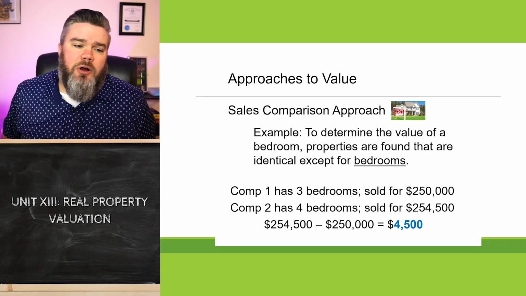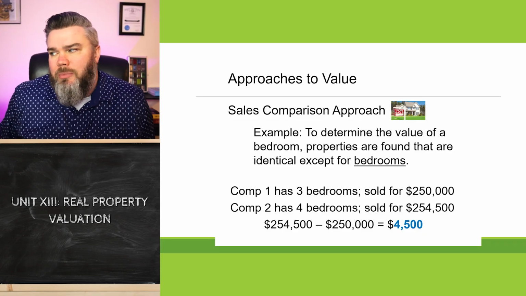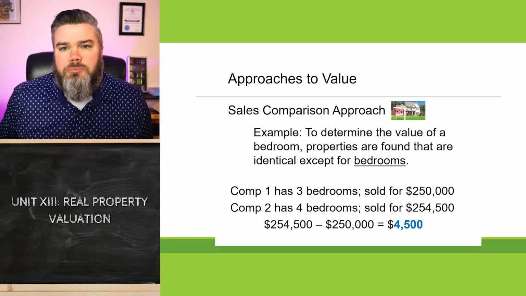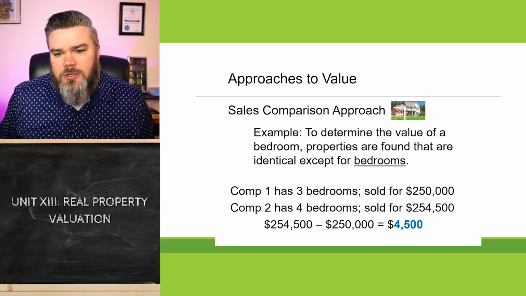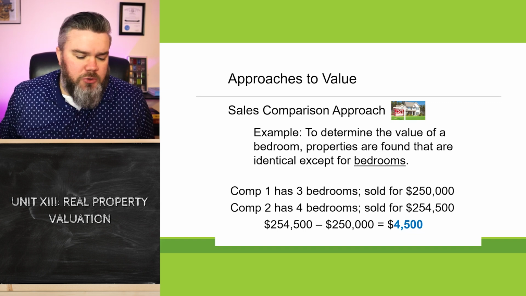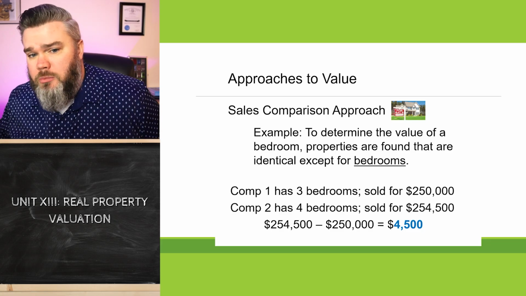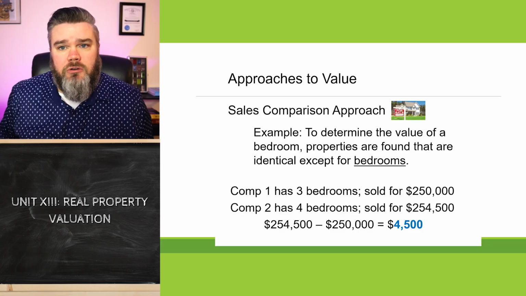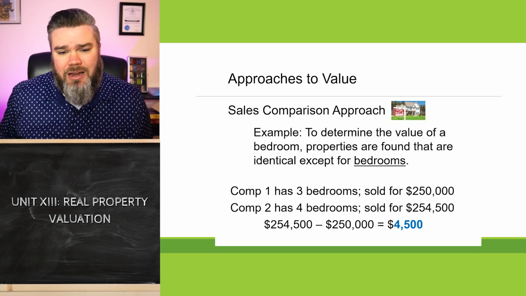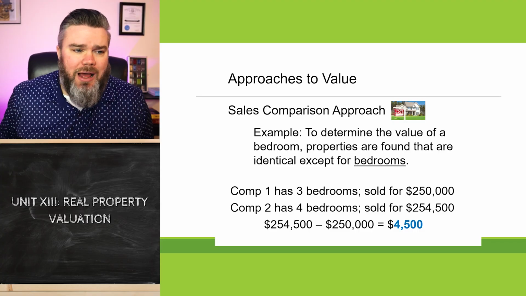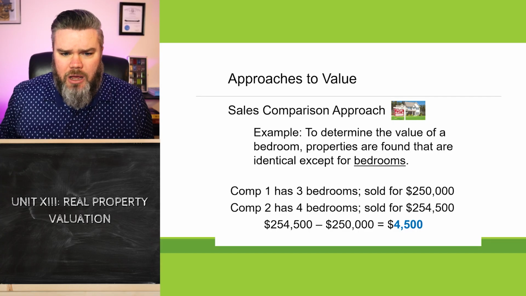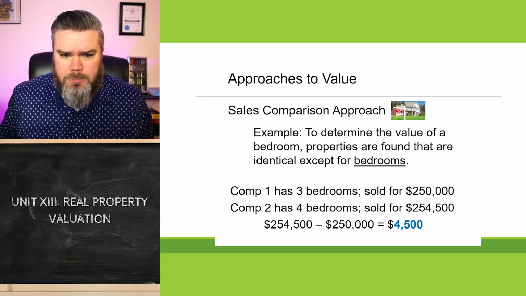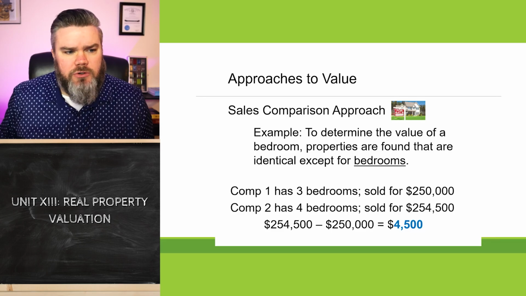The reason why this isn't a perfect science in the real world, folks, I've seen the 3-bedroom house sell for more. Why? Because it was prettier. But from a textbook point of view, this is how it works. We just kind of look at the difference between 2 almost identical comparables, one lacking a certain feature, and kind of look and see what that added or took away by not having it. Everybody still kind of tracking with me here on how we're looking at the values of these different features?